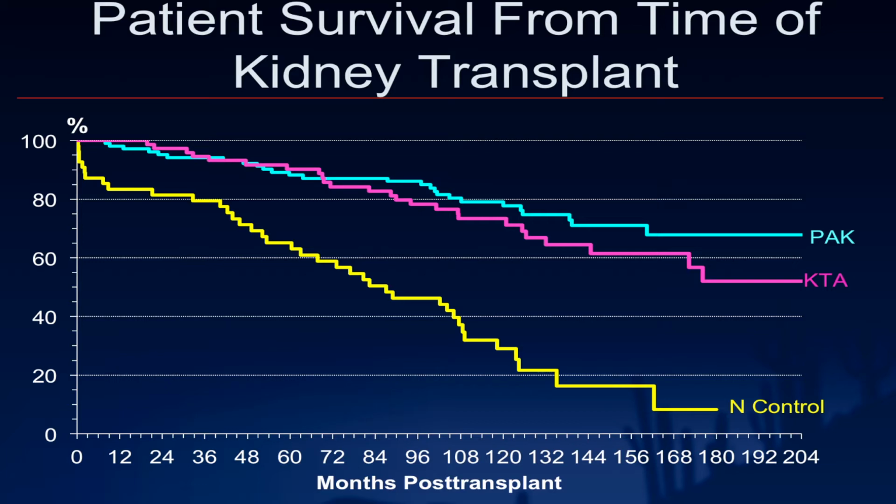So this is what it shows. These are the patients that were too sick to receive a pancreas transplant. If you look at 15 years, only about 10% are still alive. So those are the recipients of living donor kidneys. These are the patients that were eligible, but they were not transplanted for personal or financial reasons. And as you can see, this is in purple, and then in this